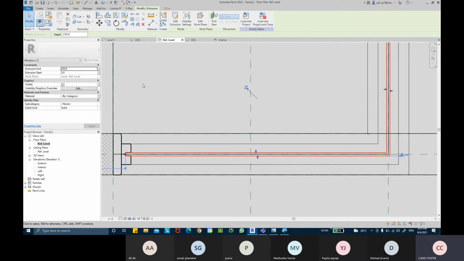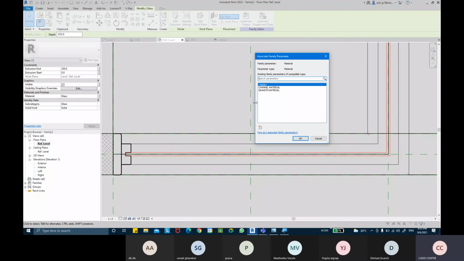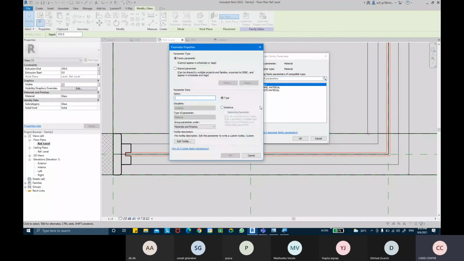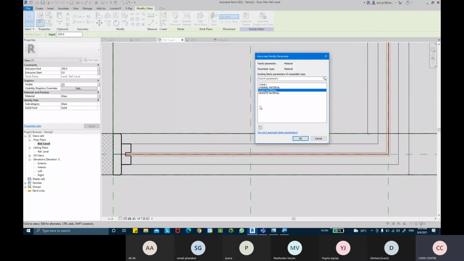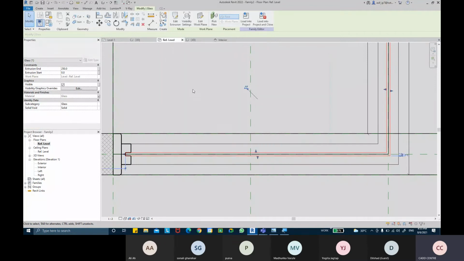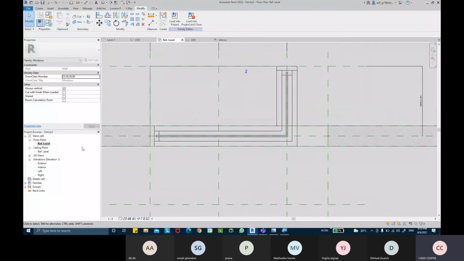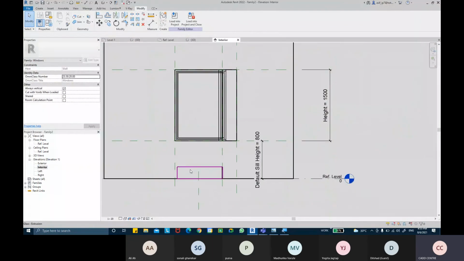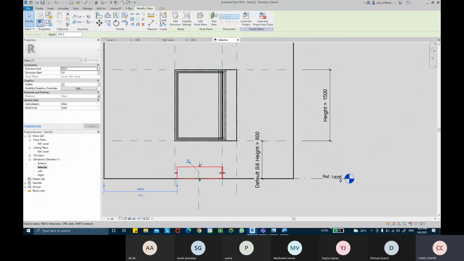But there is a problem. First thing, we'll subcategorize it. We'll subcategorize in glass, and we'll also give the material. I'll just give a temporary glass material. We'll also give the associate parameter. Call this as material as well. The problem is, if I come to the interior view, it's at the bottom,